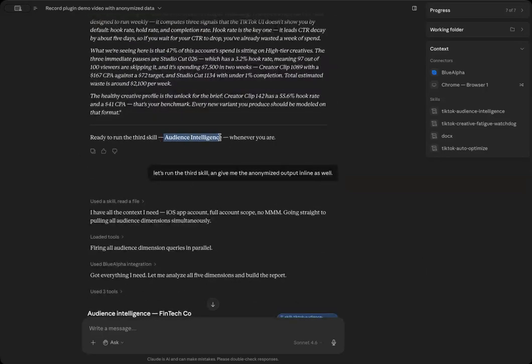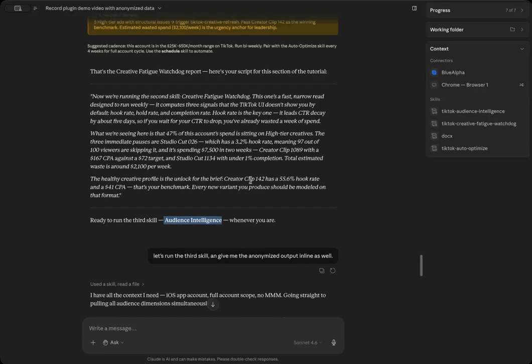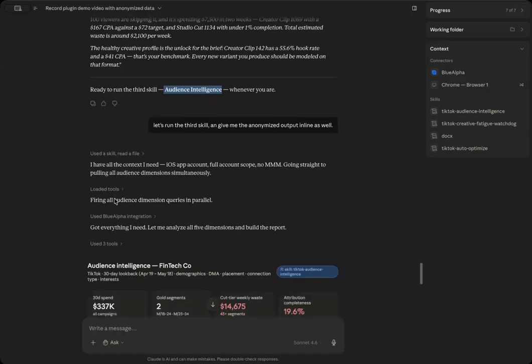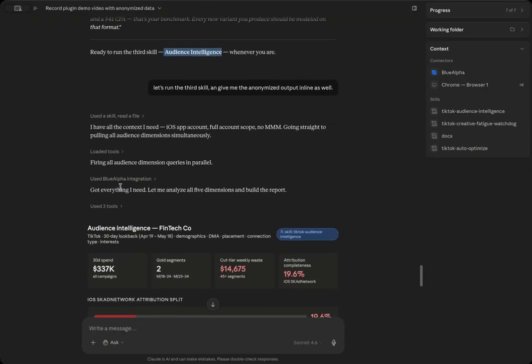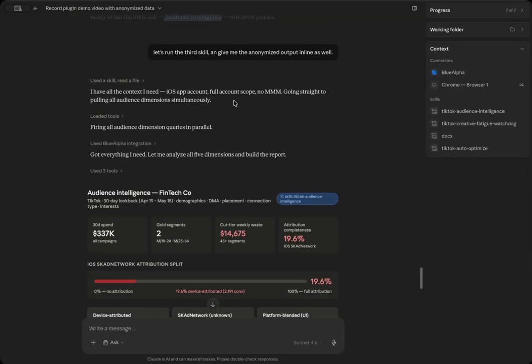Then we wanted to run the audience intelligence skill as well. Ran everything on the iOS app account, full account scope. As I mentioned, we also have an MMM MCP, but we're not connecting this right now. But if you do have an MMM, and all of our clients that we work with have an MMM, you can also chat to your MMM data on top of your Google, TikTok, LinkedIn, Meta Ads data as well. So it becomes super powerful, because it helps you understand the high level,